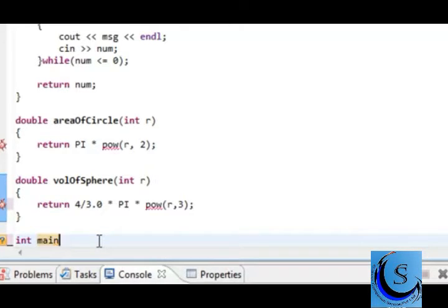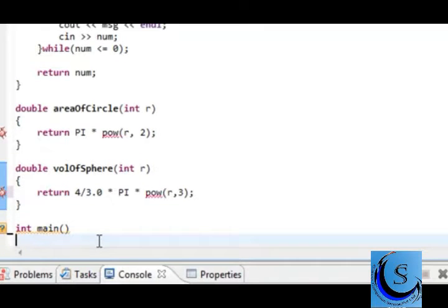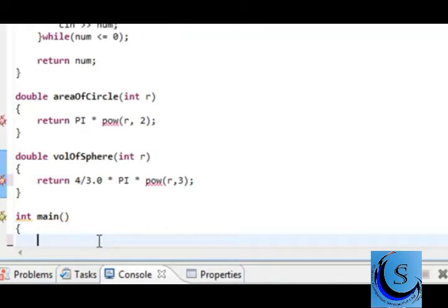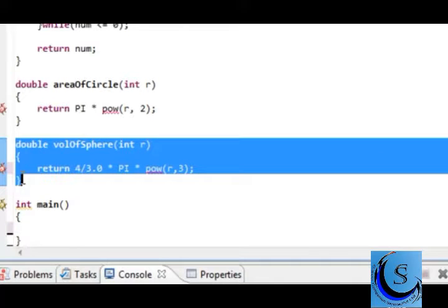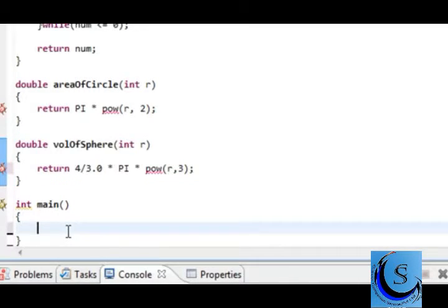So int main, open paren, close paren, open brace, close brace. Now, one thing that you'll notice here is each of our function definitions is separate from the other function definitions. So none of these function definitions are inside of one another. So you don't find the function definitions inside of main. They're separate from main. Okay, so inside of main, we will just simply declare a variable and call it radius,